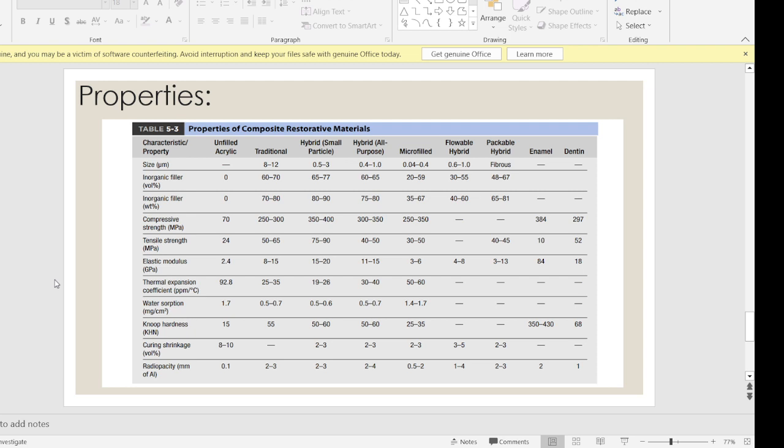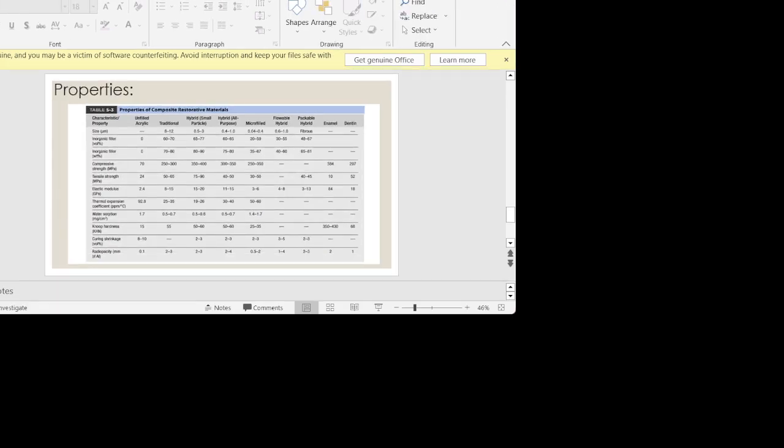Now the compressive strength is more in cases of